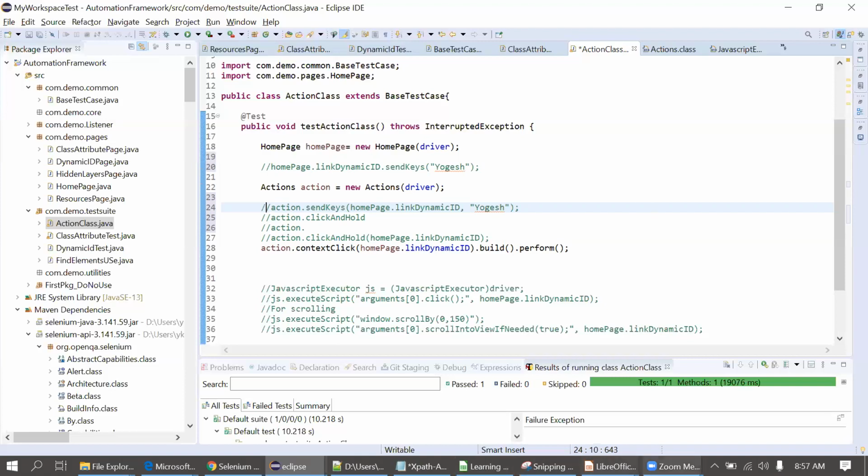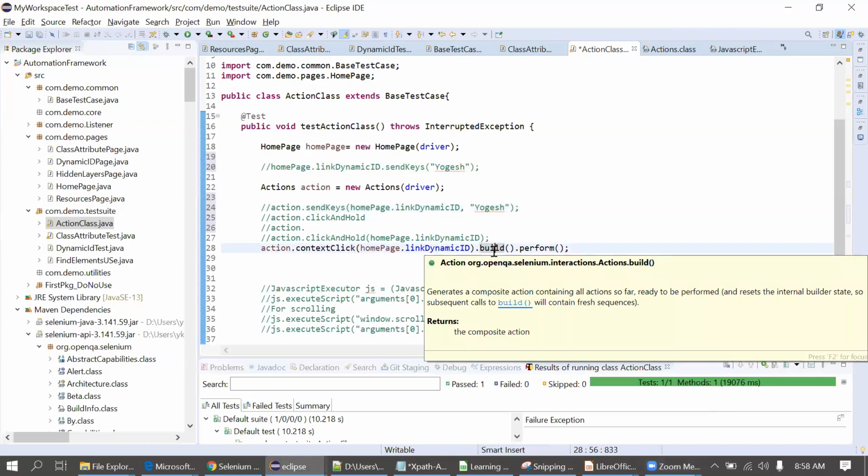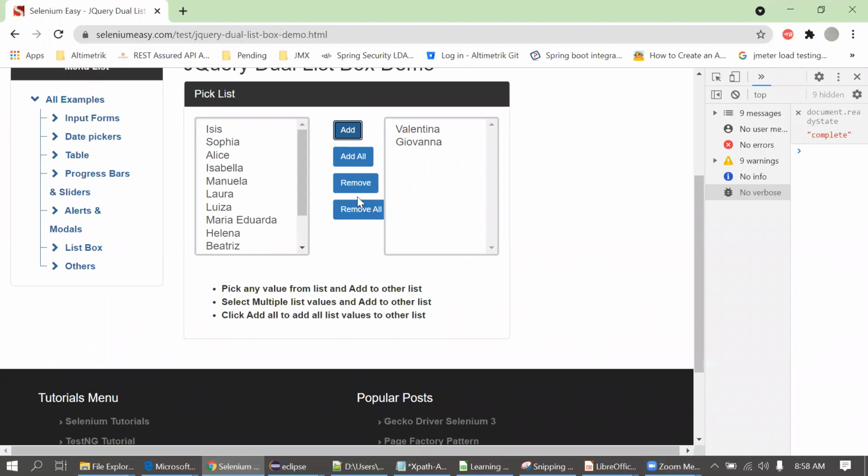When we are performing the action using the action class, what's the difference? How can it be possible that manually it's not working, but through the action class it works? Actually, when we try any operation by the WebDriver method, it will try to simulate a human being. For example, a human directly clicks on remove.